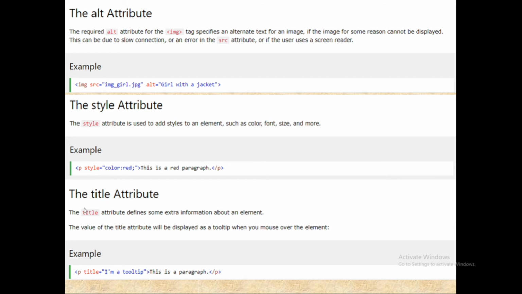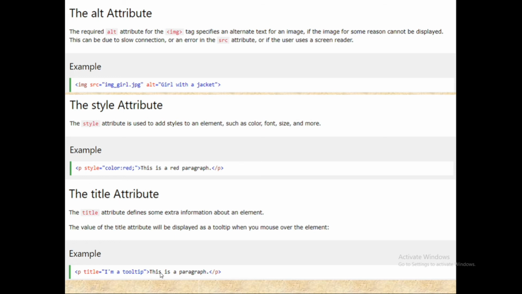The next attribute we are discussing is the title attribute. The title attribute defines some extra information about an element. The value of the title attribute will be displayed as a tooltip when you mouse over the element. For example, the P element is used, the attribute used is title, and the value for that attribute is the text, I am a tooltip.